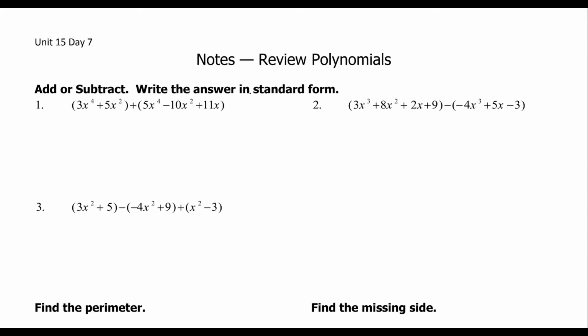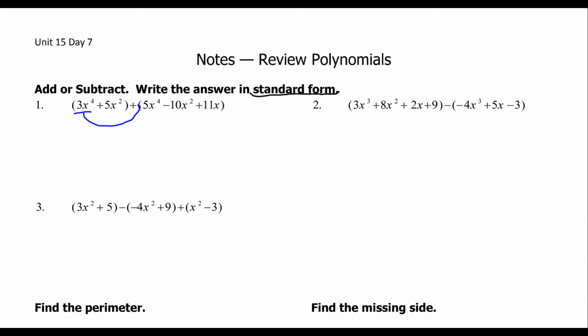Now, number 1, it's asking us to add or subtract and then write the answer in standard form. Don't forget, the standard form thing is whenever we put it in decreasing order for the exponents. The biggest exponent first, smallest at the end, or rather none at the end. Okay? Now, number 1, it says 3x to the 4th